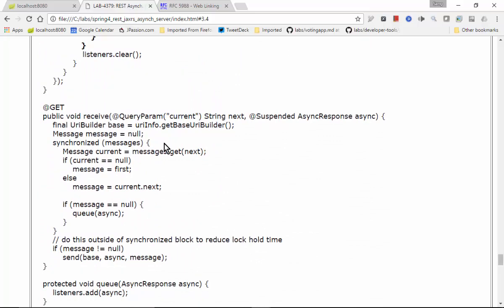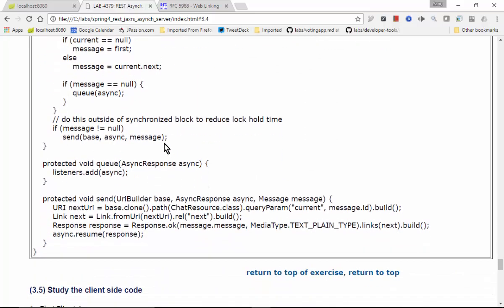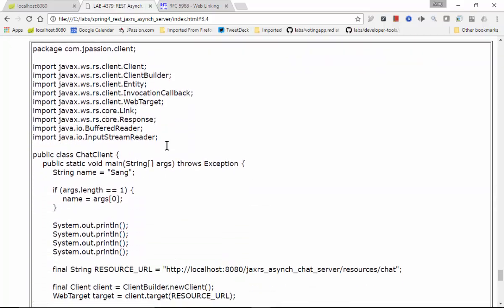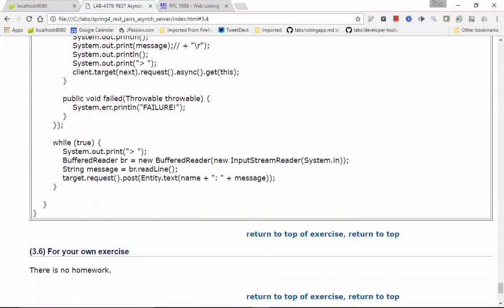I just want to show you real life sample applications that take advantage of this async REST support, the async REST processing on the server side. Okay, all right, so I'm going to